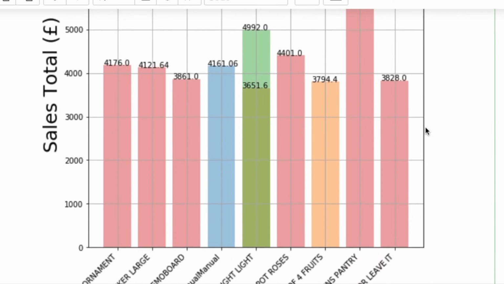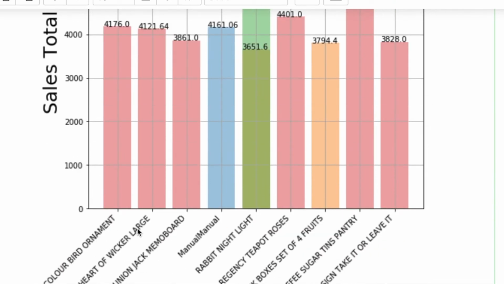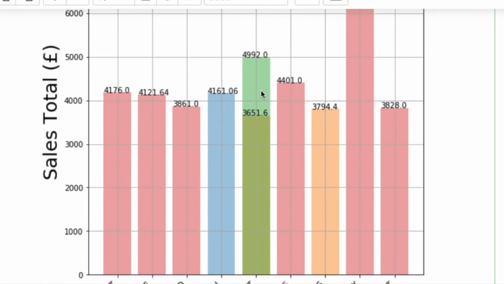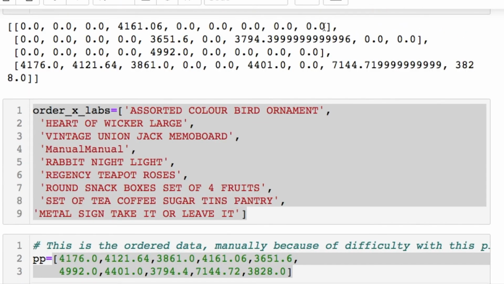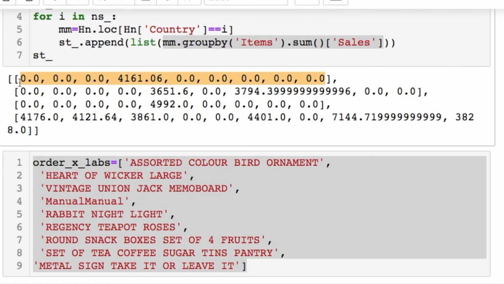We'll scroll down some and notice that here's all of the items that we have for the outer portion for our x-axis, our 9 new unique values, but we have 10 of them because this one repeats for the Rabbit Night Light. All right, this is a very challenging plot, and I highly suggest that you go back over this. So each one of these, let's scroll back up and go back. These values here will get you plotted correctly.